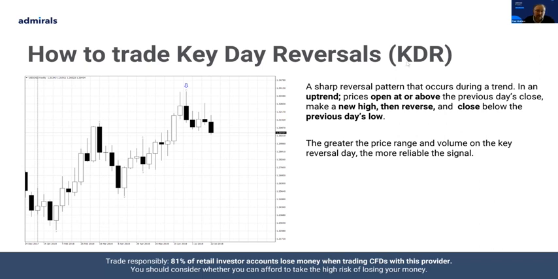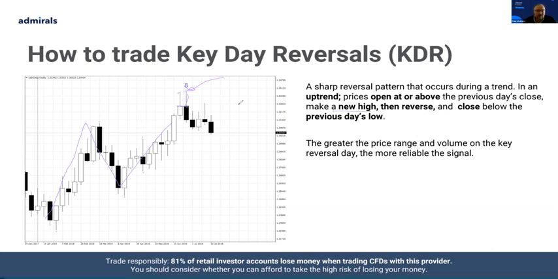So what am I talking about here? You can see there's an old chart here, but it doesn't really matter. The price has been in an uptrend, hasn't it? Remember what I said: we need to have something to reverse. If you look at this black candle where the arrow is, this is a weekly chart, the previous week closed here. We opened at the same price, and at some point during that week, price pushed to a new high, higher than the previous week's high. That's the important thing.